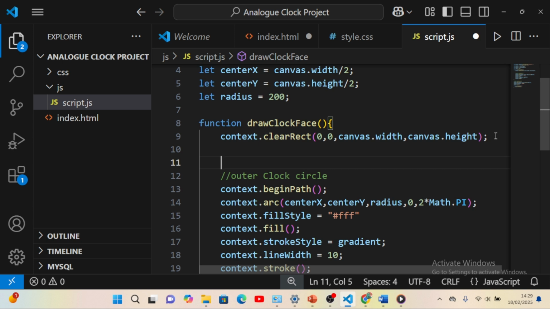The clearRect method is used to clear specified pixels on the Canva. Now that we have done that, we are going to move to